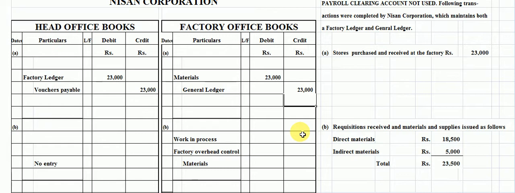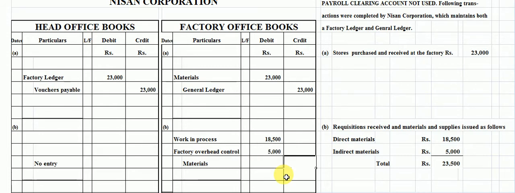So in the book of factory office, the direct material is charged to the work in process account and indirect material is charged to the factory overhead control. For this purpose, we have to debit work in process with direct materials 80,500 rupees here, and indirect material charged to the factory overhead control, which is the amount 5,000 rupees here,